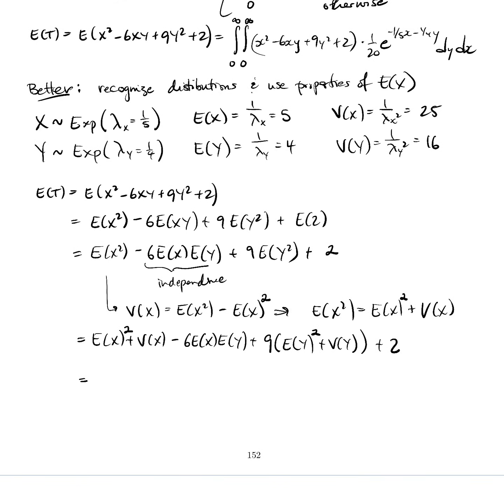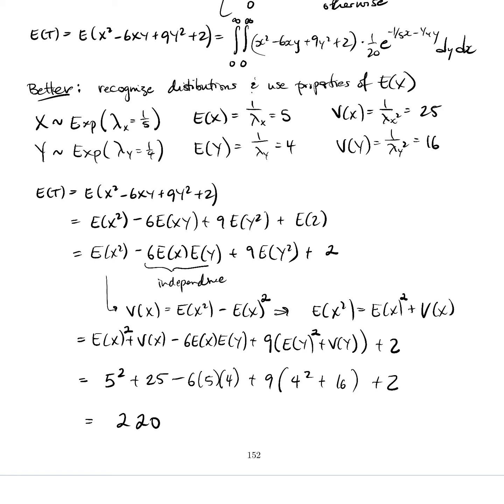So now let's get this in the right place. So we've got E of X, which is 5, so 5 squared, plus V of X, which is 25, minus 6 times E of X, which is 5, E of Y is 4, plus 9 times, open a bracket, E of Y, so 4 squared, plus 16, plus 2. And that, we can just crunch the numbers and we'll get